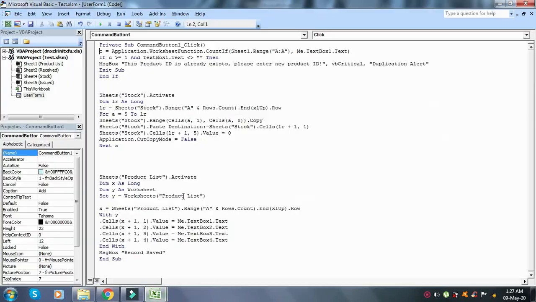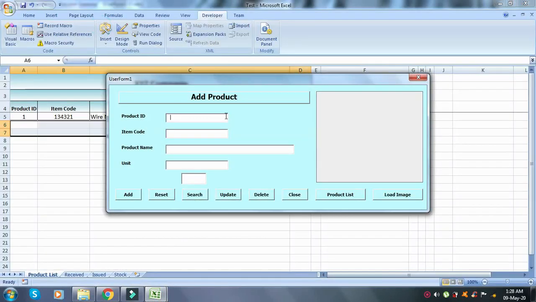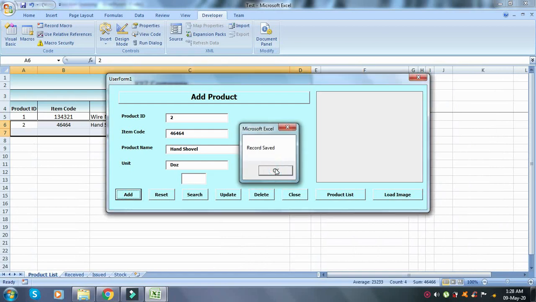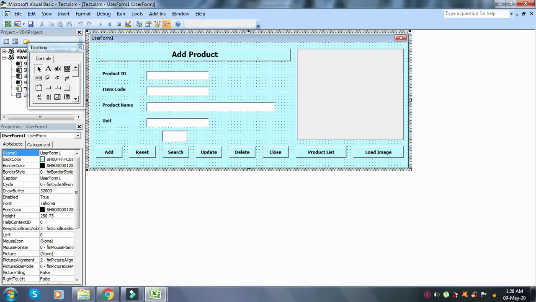Now let us check this. Is it working fine? Product ID 1 is already added. Now I'll start from 2. I think it's working fine.